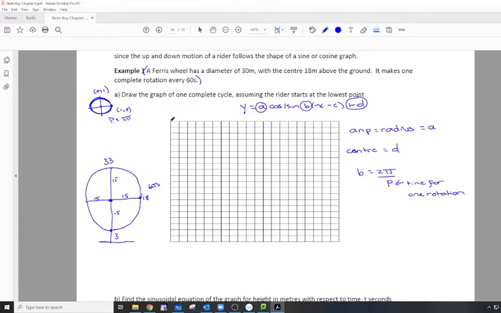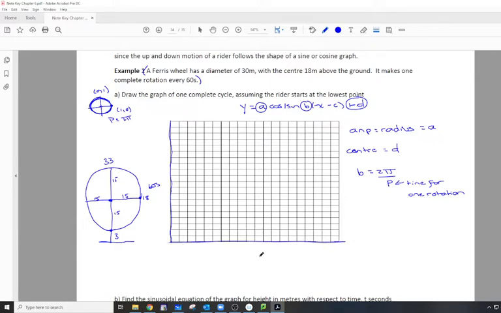So we're going to put our axes in. Since your height is always going to be above the ground, this is not a paddle wheel, right? Another good application, I just remembered, is a paddle wheel. Those old ships where they had a big wheel on the back that would push the water, and that's what propelled you forward, right? So that's an example of a Ferris wheel but below the ground, because it goes below the water. But all the Ferris wheels that we go on do not go below the ground, otherwise that would be scary. So we're going to keep everything above the ground, and we're going to keep everything in positive time, or sorry,